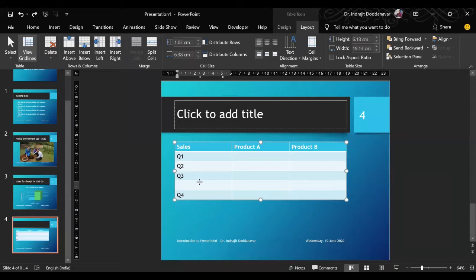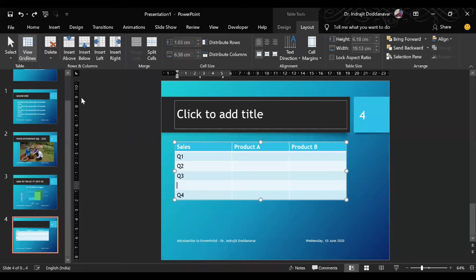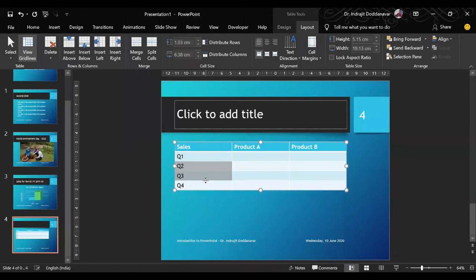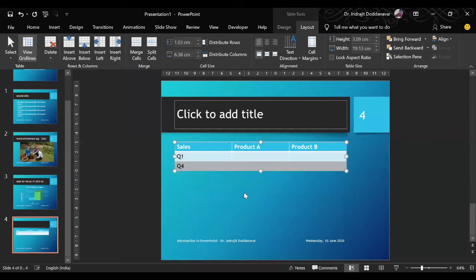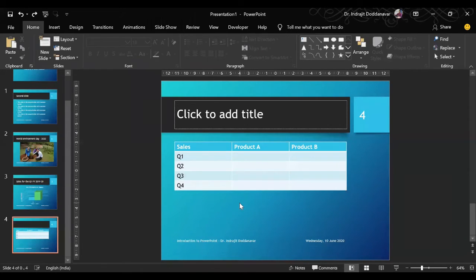So we want to delete this particular row. So go to that particular row and I say delete rows, right? So the entire row will be deleted. For example, you want to delete two rows. What you will have to do is select those particular rows, either one column or the entire column. You will have to go to delete and say delete rows. So both the rows have been deleted simultaneously. You do not need to do it individually. So I press Ctrl Z, and whatever changes I had done are retrieved.